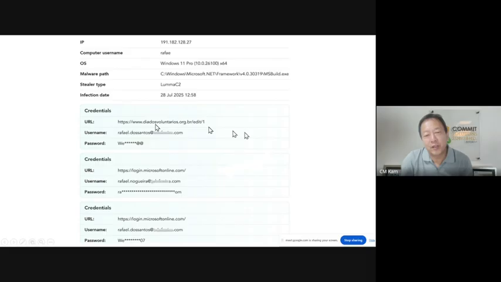Right? So what type of credentials are lost? Over here, for this particular device, we can see that this device is logging into this URL, meaning this site. The username they're using is this, and this is the password. Of course, in a production system we can actually see the password, but for the purpose of this, we will blank it out, and also blank out the domain name, because it's a real domain, a real leak. So these are all the information you can see. If we have time in a while, I'll quickly run a scan and show you.